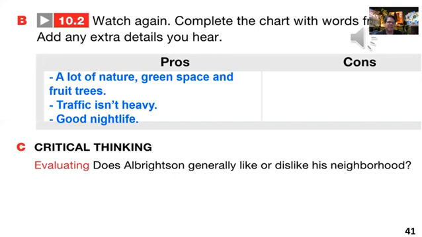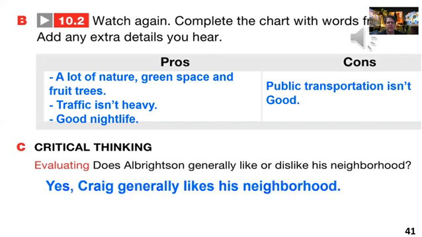He said there is one thing he did not like about his neighborhood, the area where he lived. Public transportation isn't good. Now, overall, did he like growing up in his neighborhood? Yes.